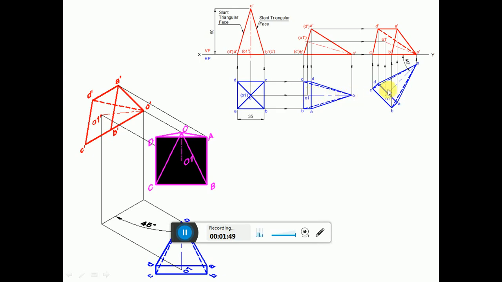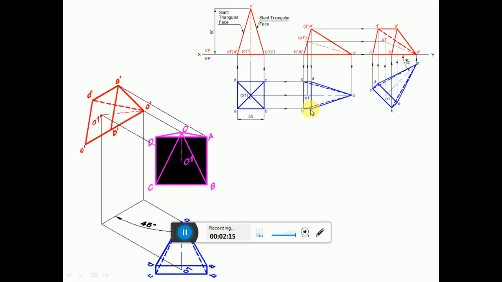So by using the protractor, you keep the protractor here and you measure an angle of 90 degrees with respect to OO1 line and then draw a perpendicular line. Then by using the compass, you measure the length from this point to D and also from this point to A. Both are going to have the same distances. So from here, you cut an arc on this side to get the point A, and similarly from this point you cut an arc on this side to get the point D.